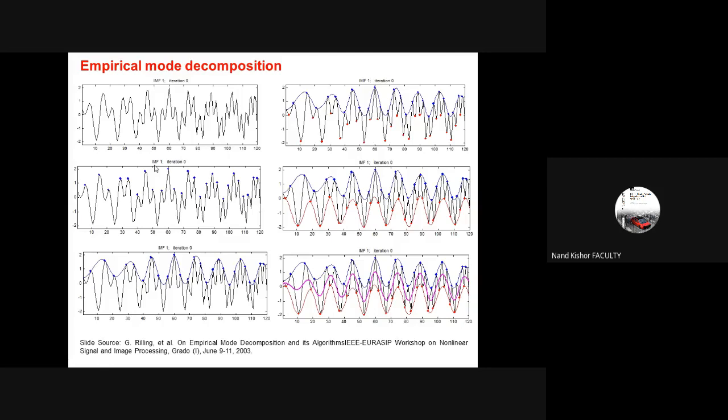I will just explain with this one. Now, what you have here, let's say this is a signal. And here you can see that this signal has several frequency components present. Now, with the zero iteration, what we do is take out the positive peak, that means the positive envelope. We take the peak of the positive envelope here.